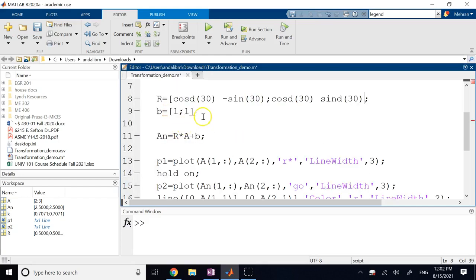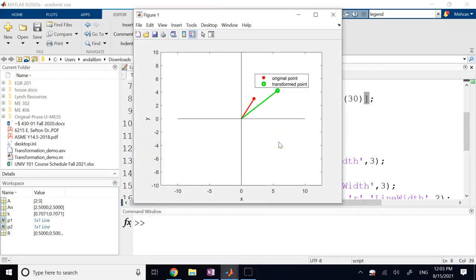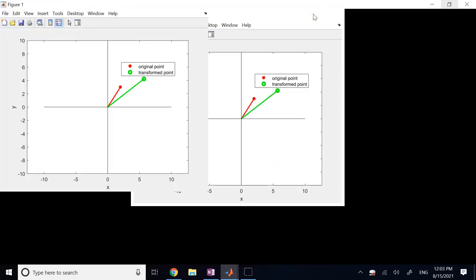Right, so this time I will rotate it by 30 degrees counterclockwise, and I will also translate it. Okay, I forgot this bracket here. There we go. So now if you look,